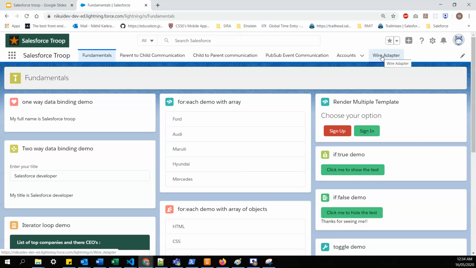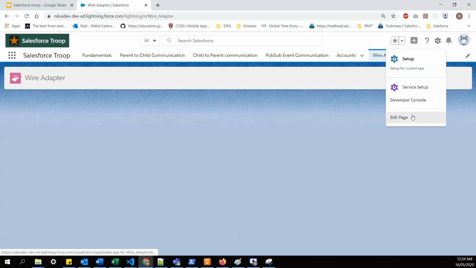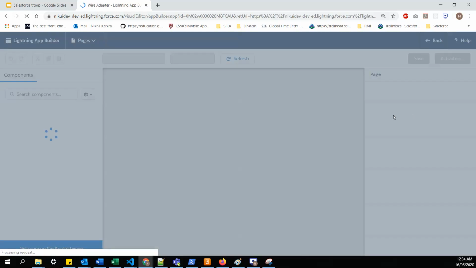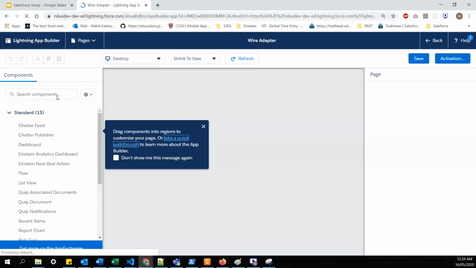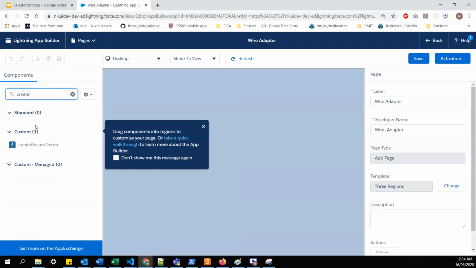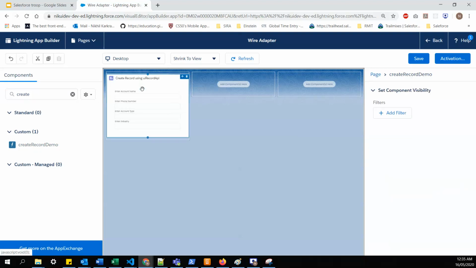In Salesforce group, I'll go to the app page wire adapter, click edit page. So it will take us to the app builder page where we will see our component. We have configured the meta file correctly. I'll drag that to the canvas area, and you can see our form is visible now,